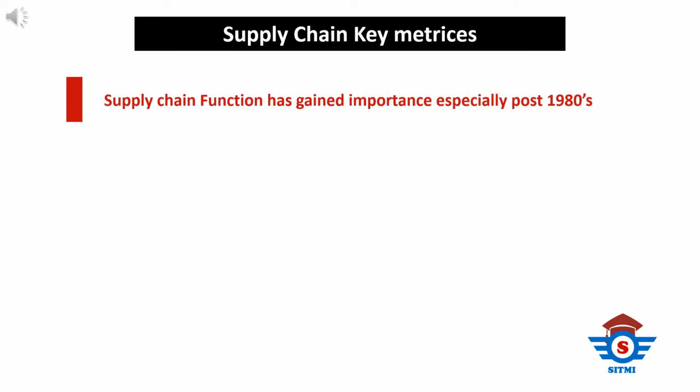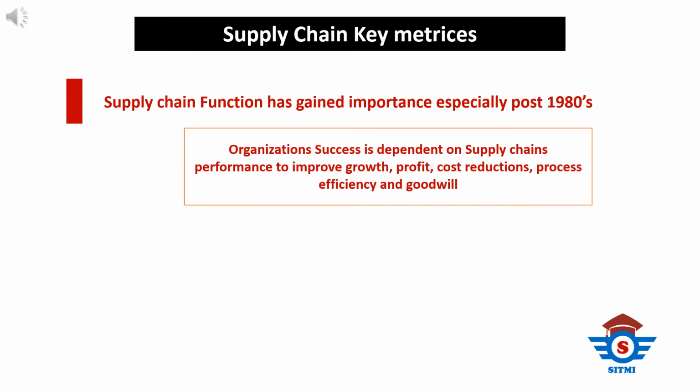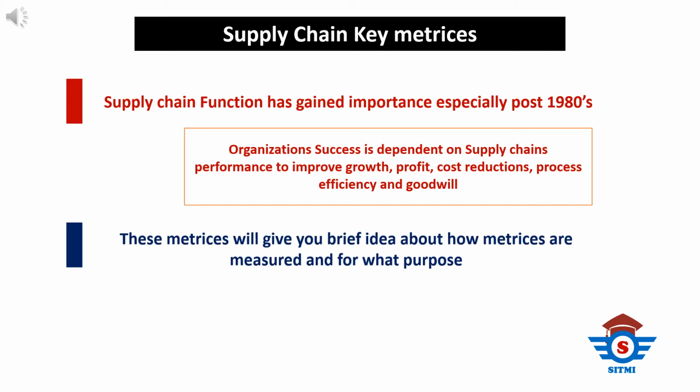Supply chain function has gained huge importance, especially post 1980s, and companies have realized that performance of the supply chain function plays a key role in the success of an organization, like growth, profits, cost reduction, efficiency, and also goodwill for the organization. This video is explaining some key indicators that are globally used by many known organizations to track and monitor their